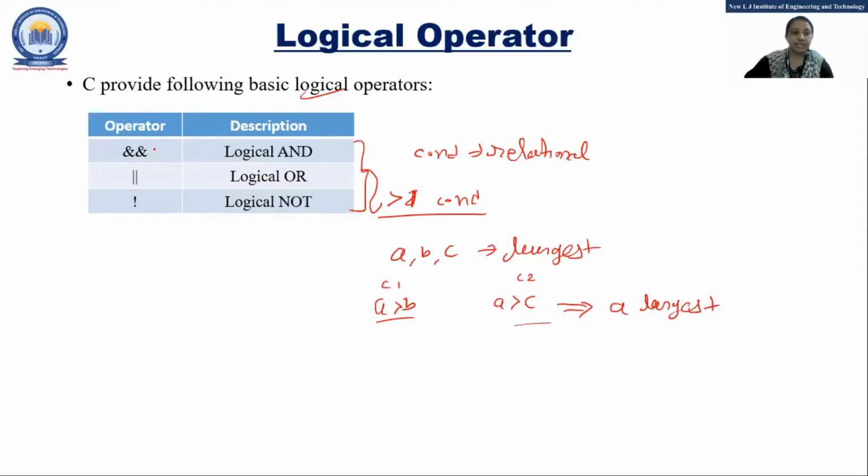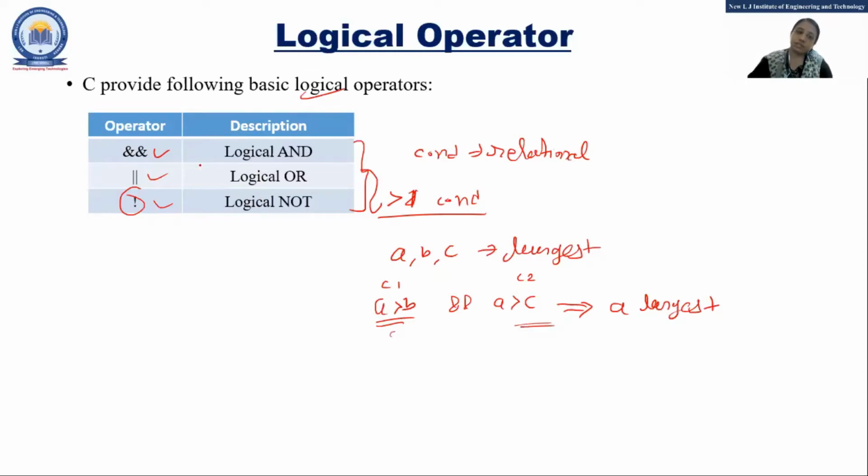Logical operators. You can see the double ampersand, this is logical AND. This is logical OR, that means two pipes, and logical NOT is specified with this symbol. If both conditions must be true, then you have to use the ampersand, that means logical AND. Sometimes it may be that either of the conditions should be true, that is, if condition 1 is true or the second one is true.